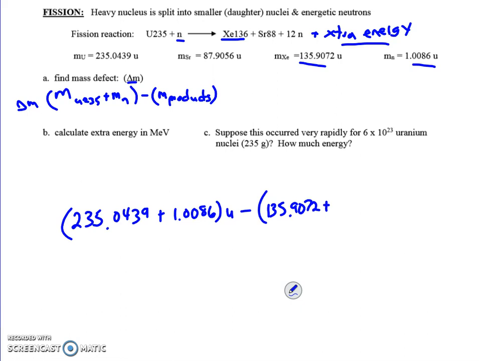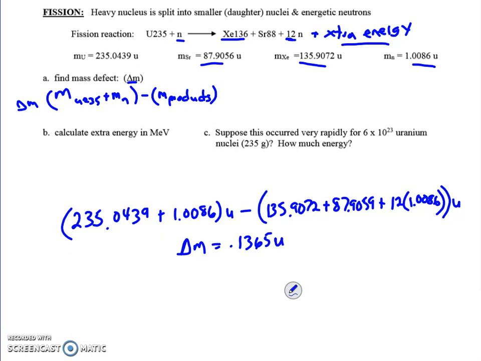135.9072 plus strontium 88, 87.9056 plus 12 neutrons. So I got to do 12 times 1.0086, put double parentheses around that. And you got to punch those numbers in your calculator. If you do that carefully, you will find that the difference in mass, or the mass lost in splitting uranium-235, is a very small amount,